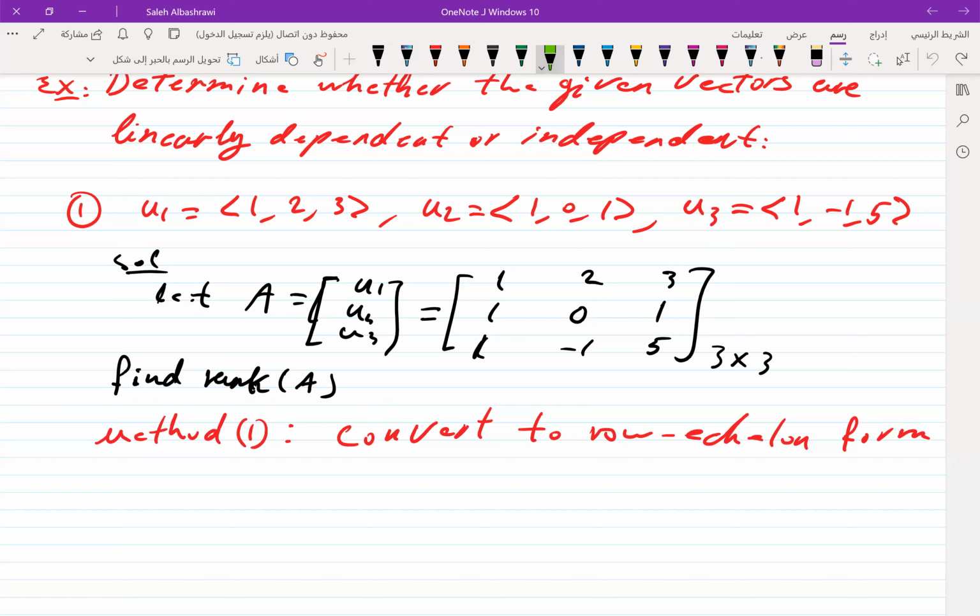For the row echelon form, we can see that the first entry in the first row is equal to 1, so we are going to move to the next one. I need to make the first entry in the second row equal to 0. To make it equal to 0,